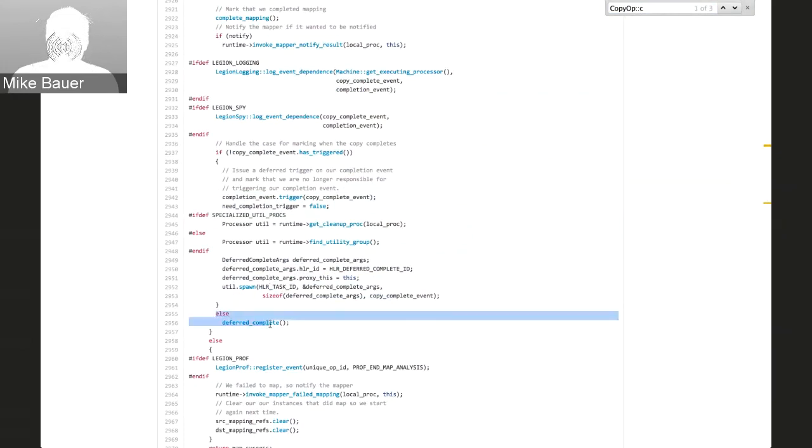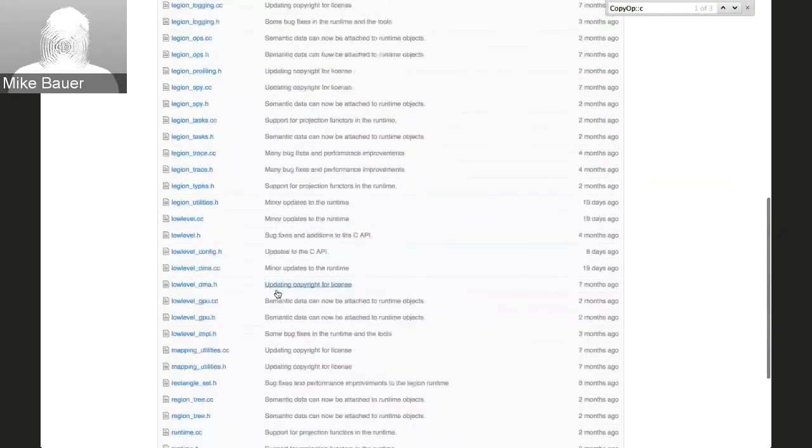The alternative here, and what we're going to see, is that this call is going to come around and call this virtual method which operations have, called deferred complete. In the case where this copy complete event is already triggered, we can actually call it right away. But if not, we end up launching this high-level runtime meta task. And just to remind you where this pops back out, if we go look at runtime.cc,